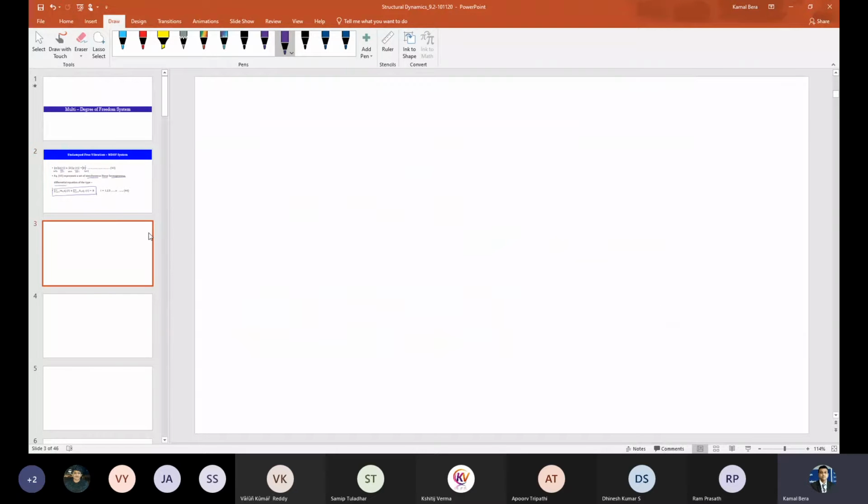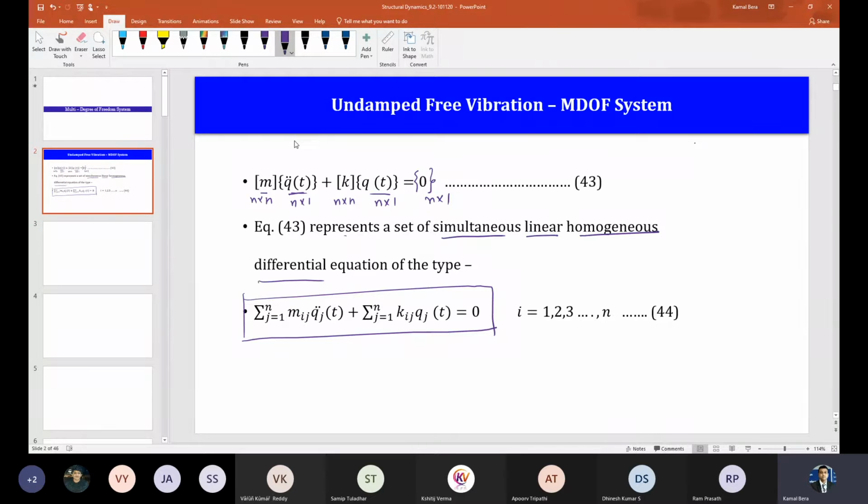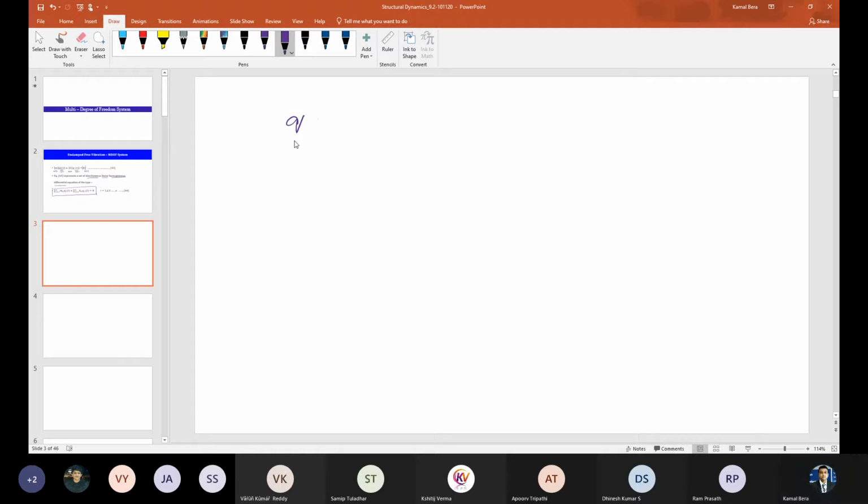As I have already mentioned, I will assume the solution q(t). Each component q_j(t) I can call u_j, times some time dependent part. This is the time dependent part, with j equal to 1, 2, up to n. The time dependent part is the same for all coordinates. So basically the ratio of the displacement of any two coordinates at any time is constant. The ratio is time independent, so the system undergoes synchronous motion, which we have already discussed.